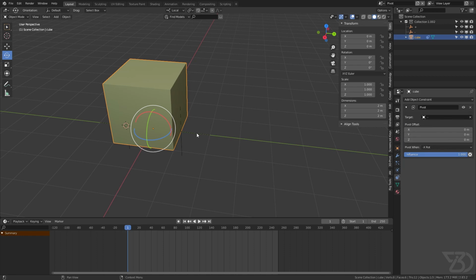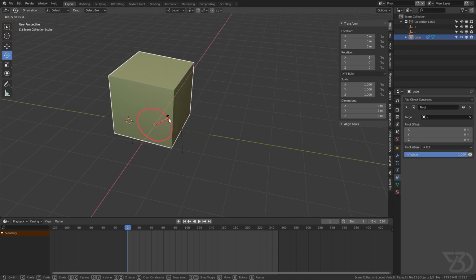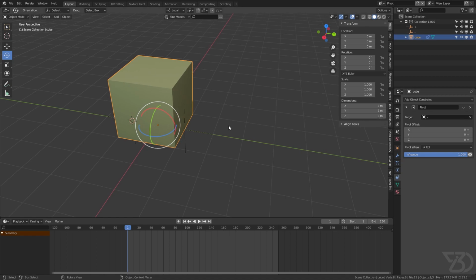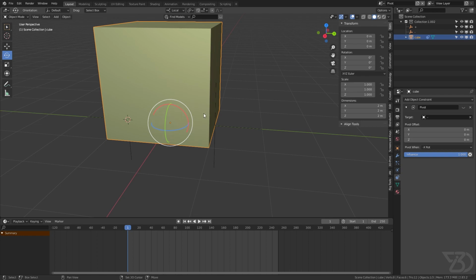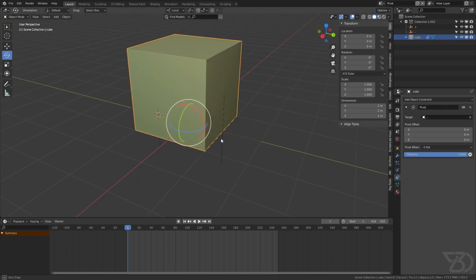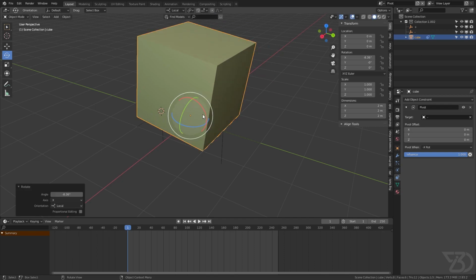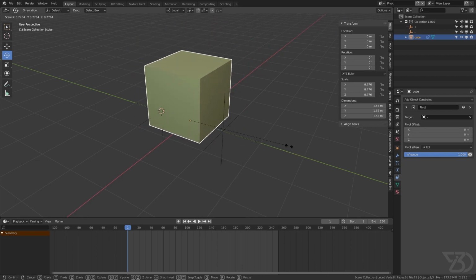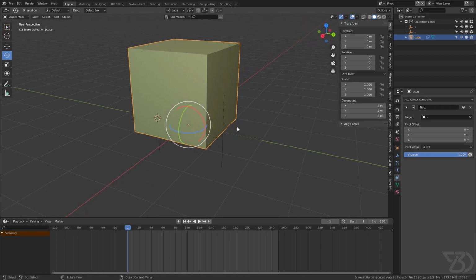So I will select this object, which is minus, so I will set it to -y. It's because we are going to rotate this in the -y. So if I turn this off and if I rotate it, it will rotate from its origin. But if I turn on this one, now it will rotate from this empty. So now the origin point is this empty. Only for the rotation we can still rotate it from that, and we can move it from here, but the rotation will always be here.